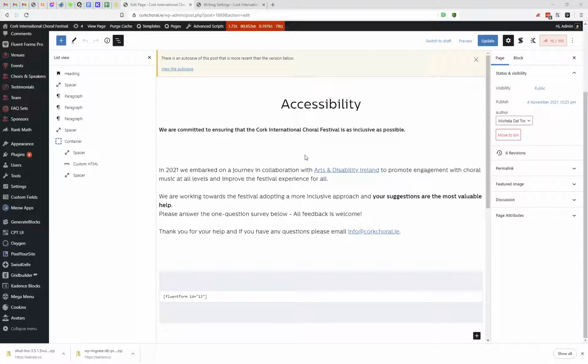Since you were asking about it, I thought it might be easier to show you this way than with screenshots and typing and stuff. So real quickly we'll do it. I've opened the accessibility page,